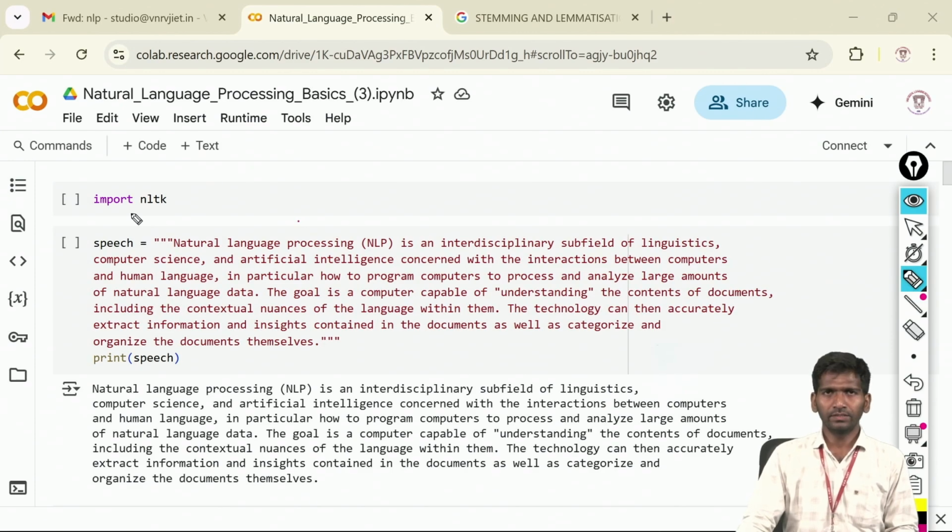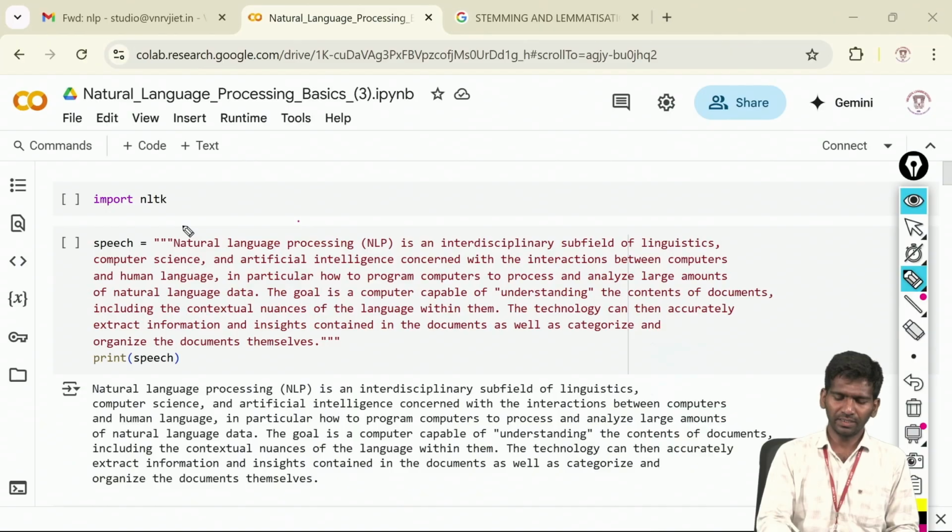Okay, so first thing, what are the libraries that we need for implementing NLP techniques? We can use NLTK, we can use glove. Okay, these are some of the libraries that we can use to apply NLP techniques. So out of these two, NLTK is very popular and it is very easy. Okay, so I will import NLTK. Then what I will do,